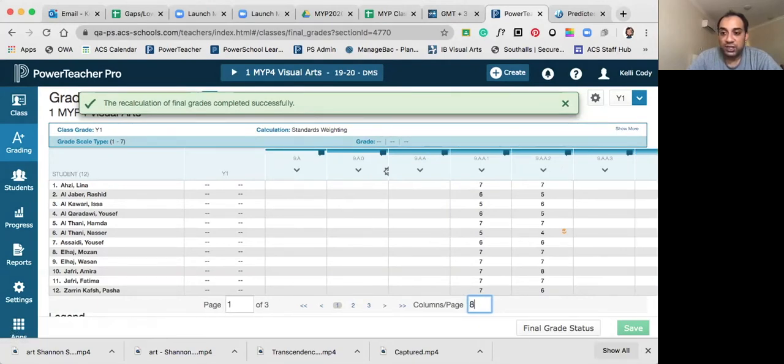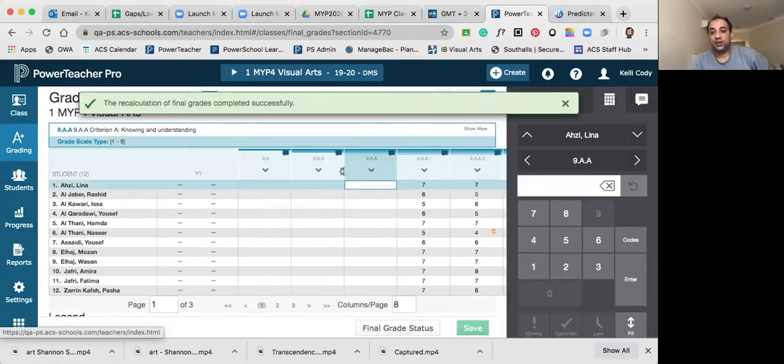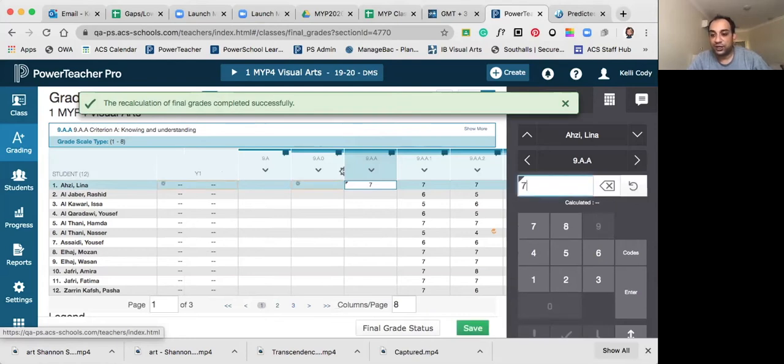So now Miss Kelly can see A1, A2, and A3, and there are scores under A1 and A2. These are the year accumulated scores. Now she can give one final criterion score, which is, for example, in this case, Lena will get, probably, Miss Kelly, she should get a 7, right? Based on your professional judgment, you can give different scores.